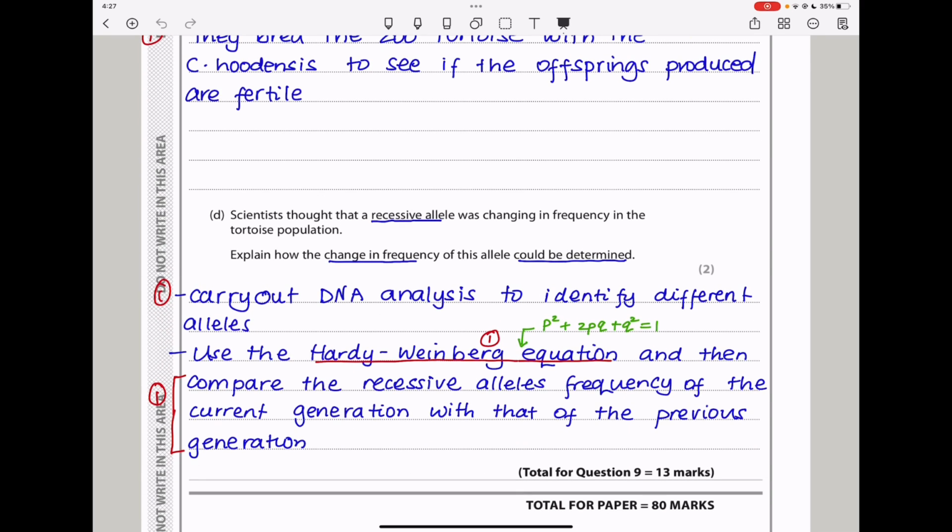Lastly, here they say scientists thought that a recessive allele was changing in frequency in the tortoise population. Explain how the change in frequency of this allele could be determined. They have to carry out DNA analysis to identify the different alleles present and use the Hardy-Weinberg equation, which is this one here, and then compare the recessive allele frequency of the current generation with that of the previous generation. If they are different, they can make a judgment that it is changing, or if they are the same, then it's going to be constant. So this brings us to the end of question 9,